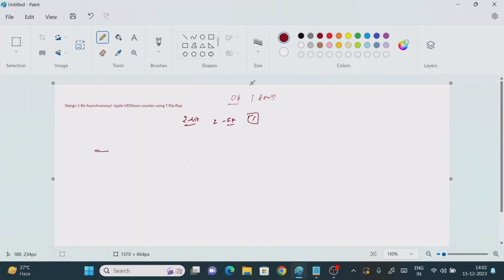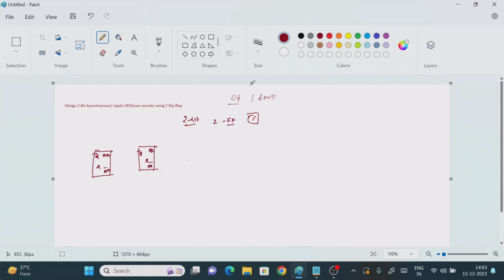So it means that I'm going to take 2 flip flops, right? Those are the T flip flops. Let this be the A flip flop, and this will be the B flip flop. So the names will be TA here, TB here, right? The output of the first flip flop is QA, and the other output is QA bar. For the second flip flop the outputs are QB and QB bar, right?